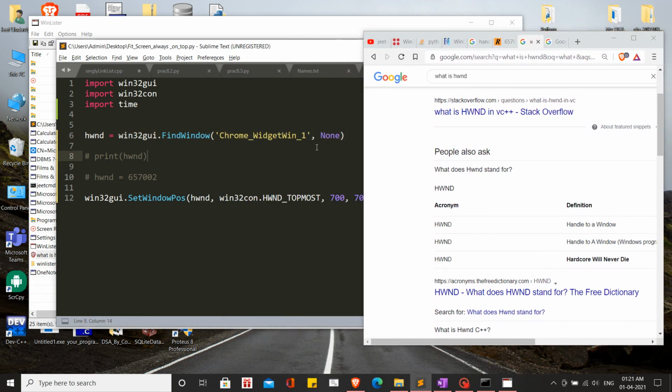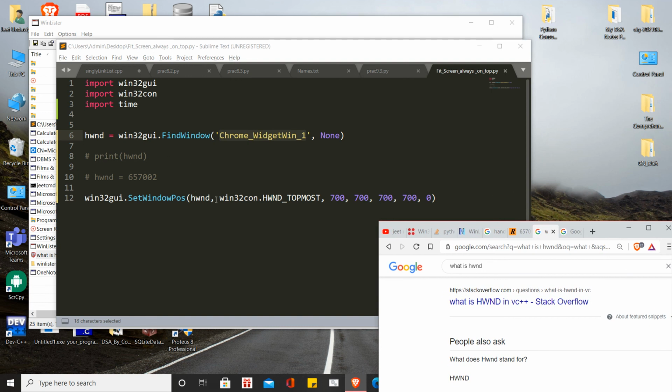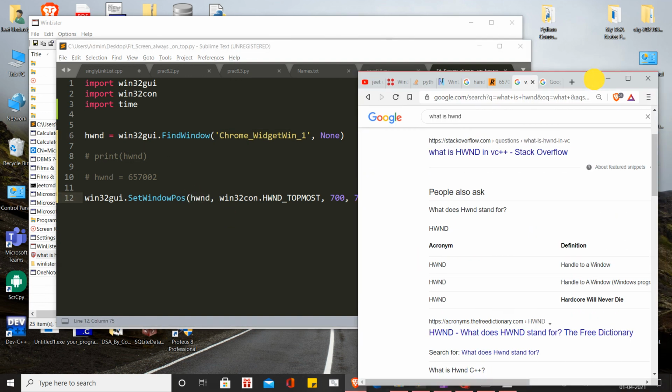And how it was fetching was based on its class name, or basically based on the window title of it. So on either of the two parameters, it was fetching the information and returning the handle to it, right? So this was how it was working, returning the handle, and then for the next function we were just passing that handle over here, right? So this was how things were working till now.